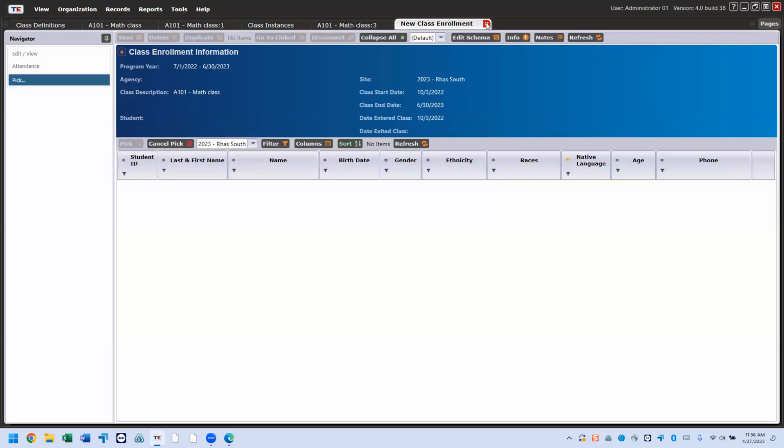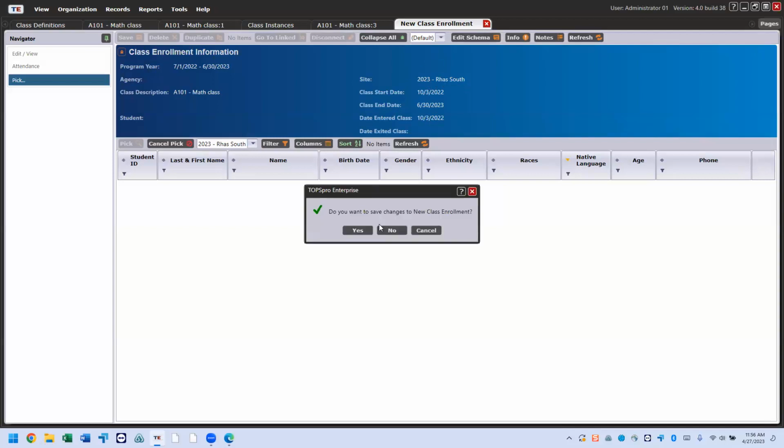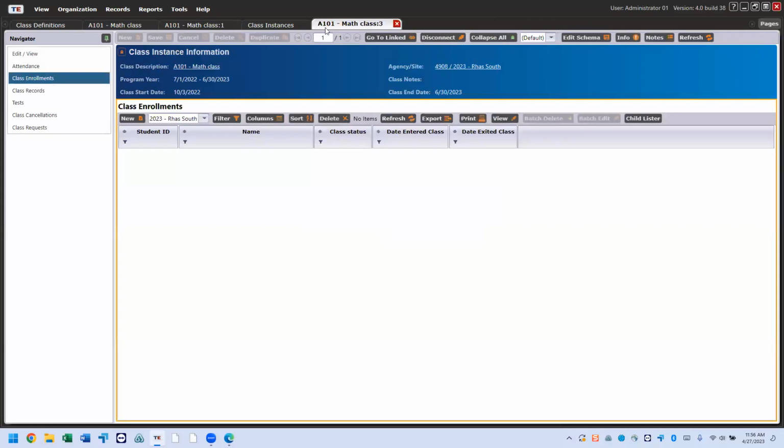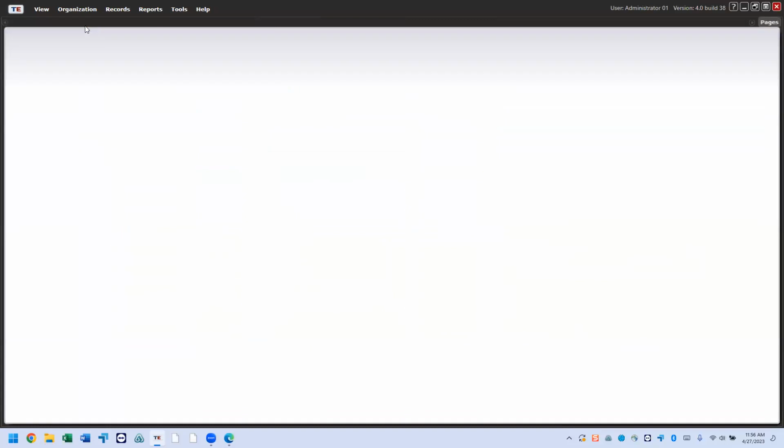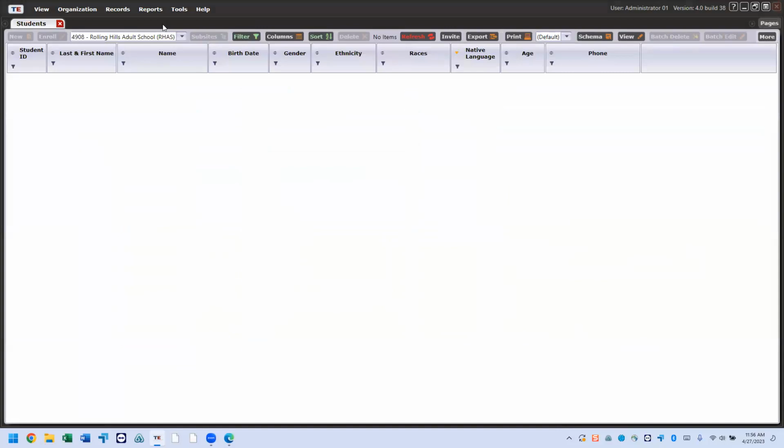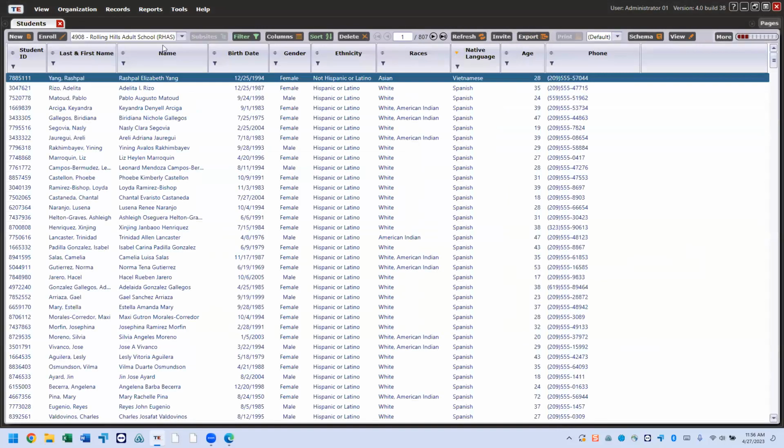So to add a student record, we're going to cancel this and close these tabs. We're going to go to records, students, demographics. From here, we can add a new record. We can also move some of these students into that site if we wanted to. So we could enroll them in that site essentially. Let's say I wanted to enroll